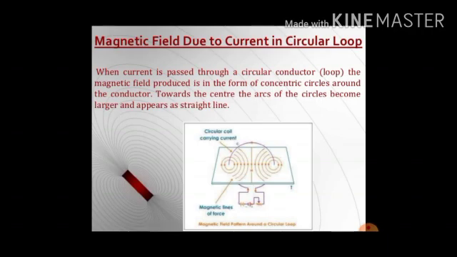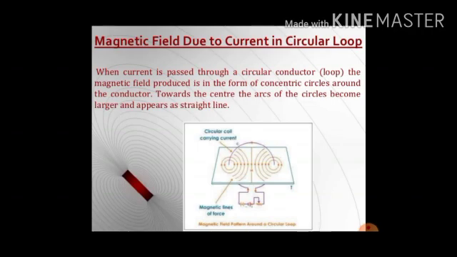According to this activity, as you can see in the diagram here, we take a rectangular cardboard having two holes, and insert a circular coil having a large number of turns through them, normal to the plane of the cardboard. Connect the ends of the coil in series with a battery, a key, and a rheostat. Now sprinkle iron filings uniformly on the cardboard and plug the key. Tap the cardboard gently for a few minutes and note the pattern of iron filings that emerges on the cardboard.